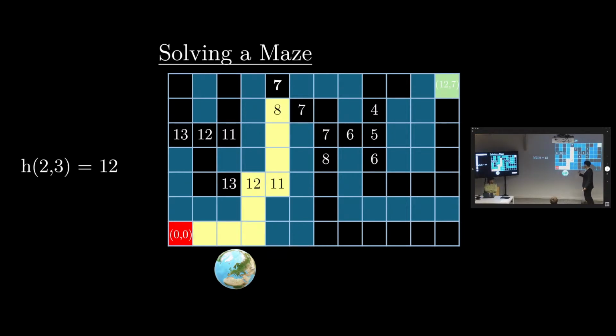What does greedy best first search do? In each fork, it goes in the path that has the least heuristic, which makes sense. I'm going to go in the path that makes me get closer to the exit. So first we'll go to this side, so the 11 one, then we're going to go to 8, could choose this one or this one, it's pretty random. Let's assume that it took this one. Then 7 has 8 and 6, going to take 6 because 6 is smaller. Then 5, then it has 4 and 6.